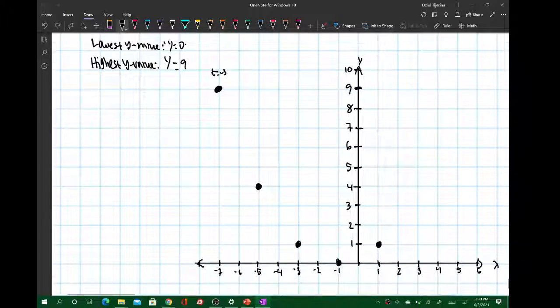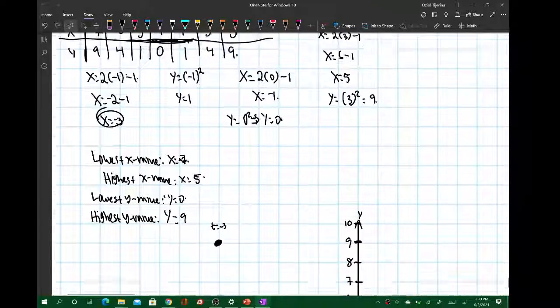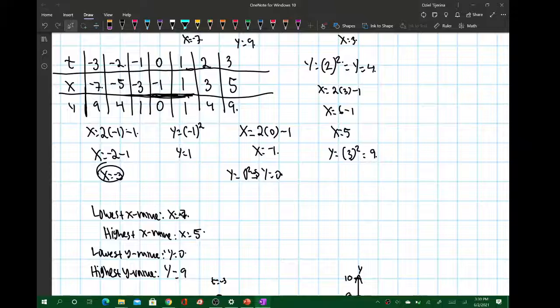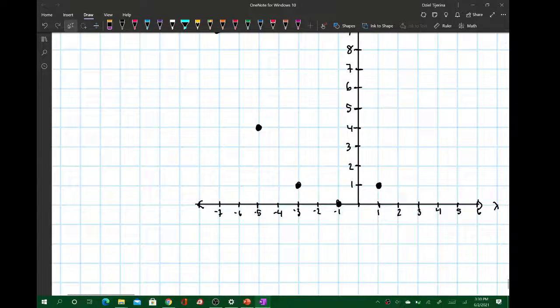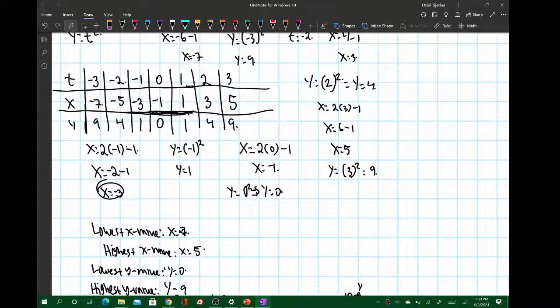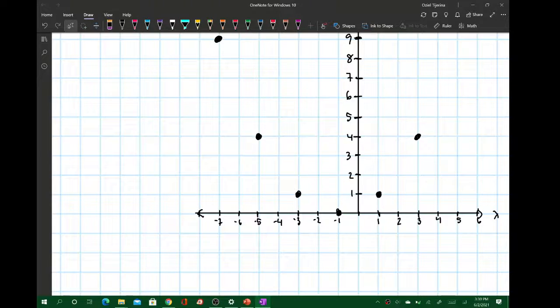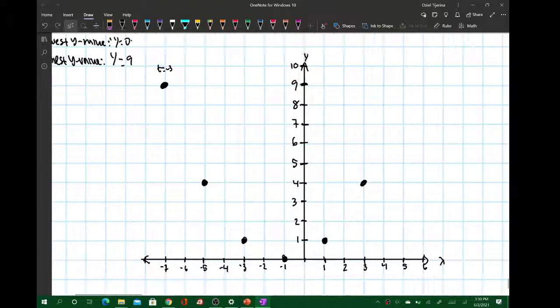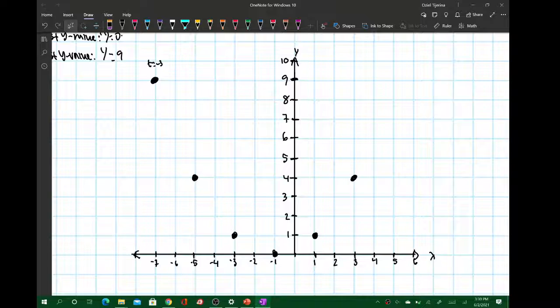And then we have 3, 4, like right here. And then we have 5, 9, right? I want to say it's right here. So it looks like a parabola,